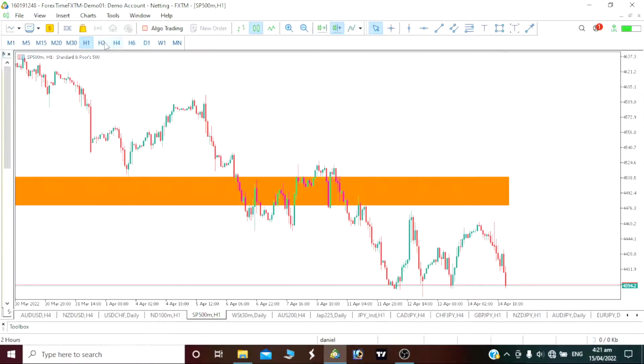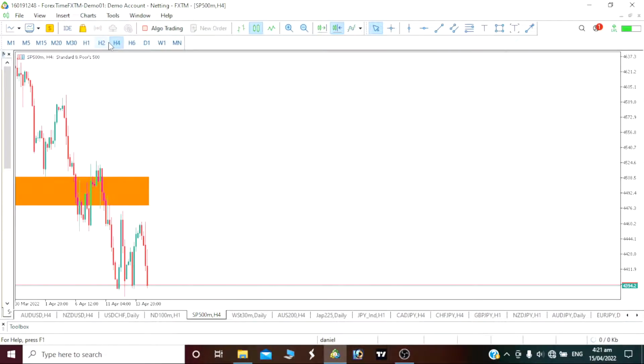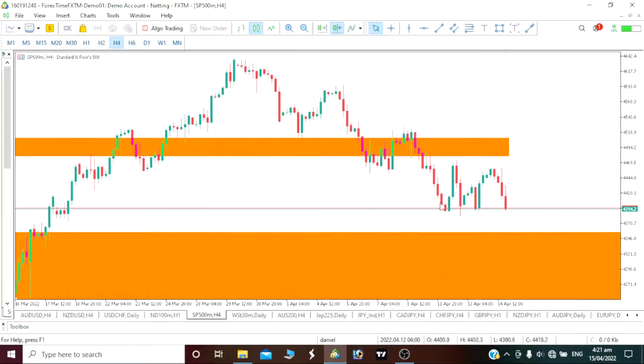So let's see how our price will play out, then before we know how to take our trade, whether we should start going short or we should wait till our price gives us that good setup. So the sell setup is that our price breaks below this candlestick wick, then we will take our